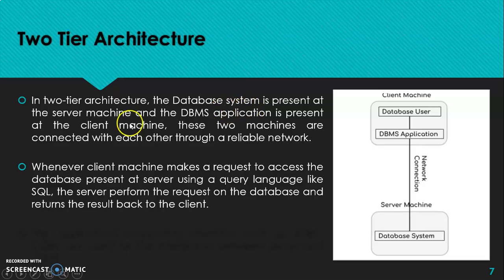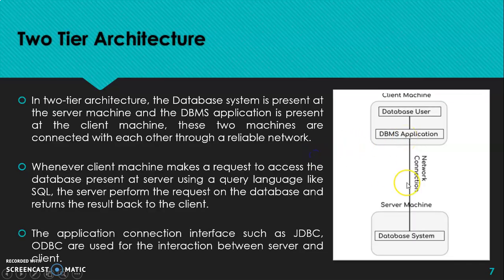The database system is present at the server machine and the DBMS application is present at the client machine. These two machines are connected to each other via a reliable network. Whenever the client machine makes a request to access the database, a query is presented in SQL which performs the request at the database and returns whatever the result to the database application.